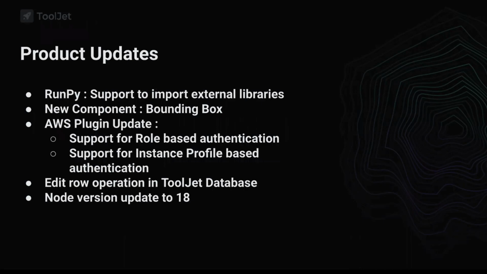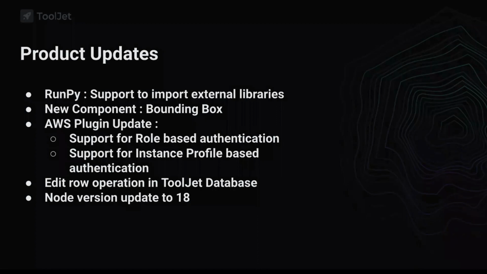Cool. So as we know, we have released ToolJet 2.0 in January. And since then, we have been building more cool features to improve the product which we released in 2.0. After 2.0, we released a major feature called RunPy. So RunPy is like the Run.js feature in ToolJet where you can run any Python code. In that Python code, you can run various mathematical functions, you can run various models and stuff so that you can use them to build custom